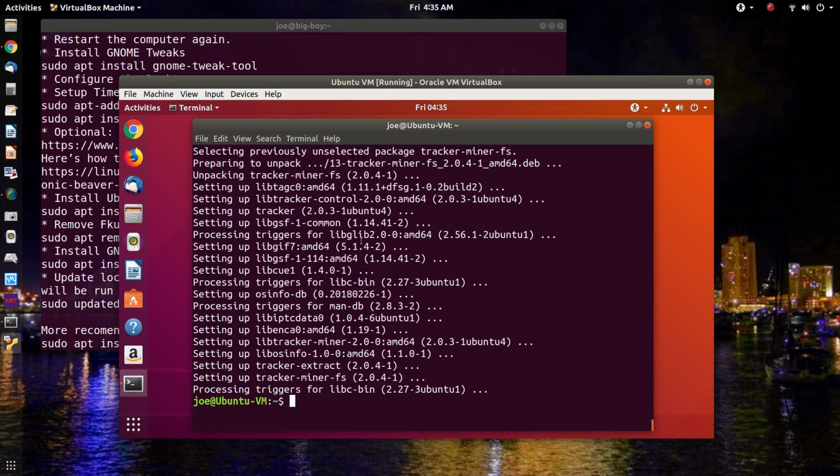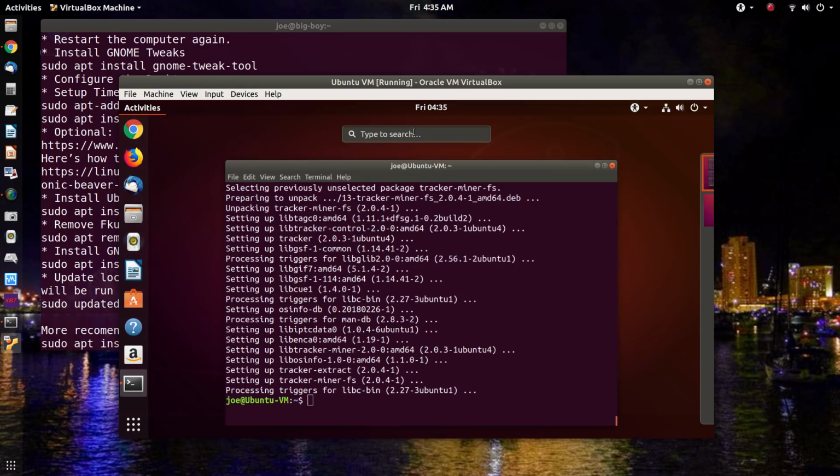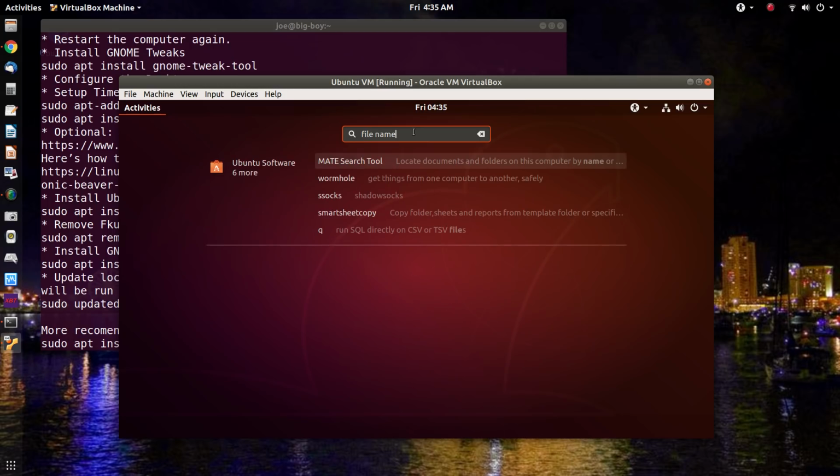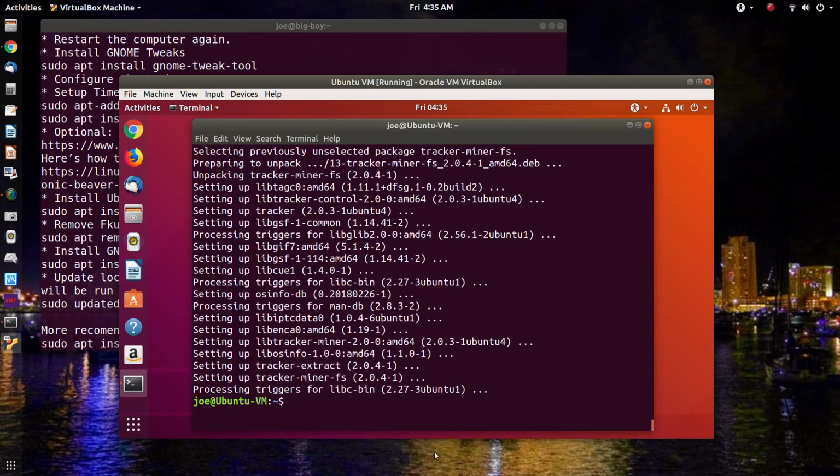So the first day that you install this, you might dump a bunch of files in the machine, and you might go in here and go searching for them, and you put your file name in, and nothing pops up. You get absolutely nothing. Searching, and it comes up with nothing. Well, in this case it did, because it comes up with stuff out of Ubuntu software, but your files don't show up. So what you need to do if you want to get that working immediately is to run this command,